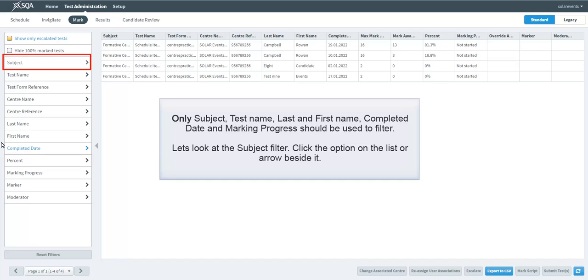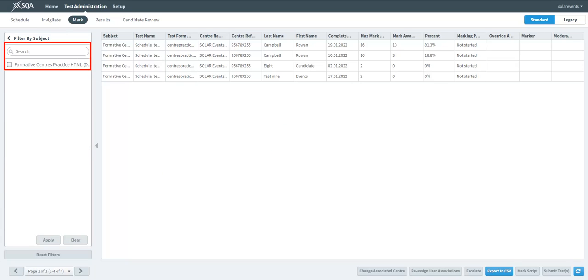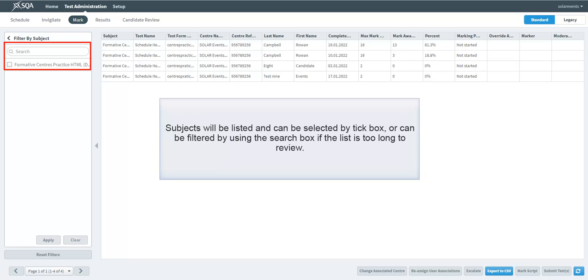Let's look at the subject filter. Click the option on the list or the arrow beside it. Subjects will be listed and can be selected by tick box, or can be filtered by using the search box if the list is too long to review.